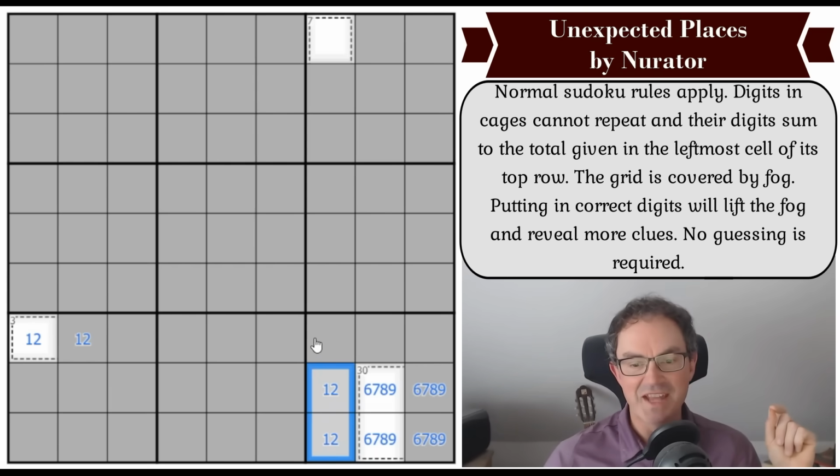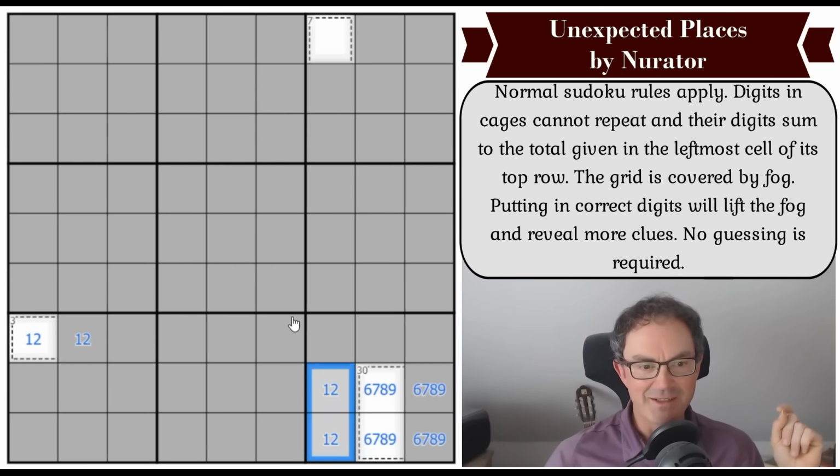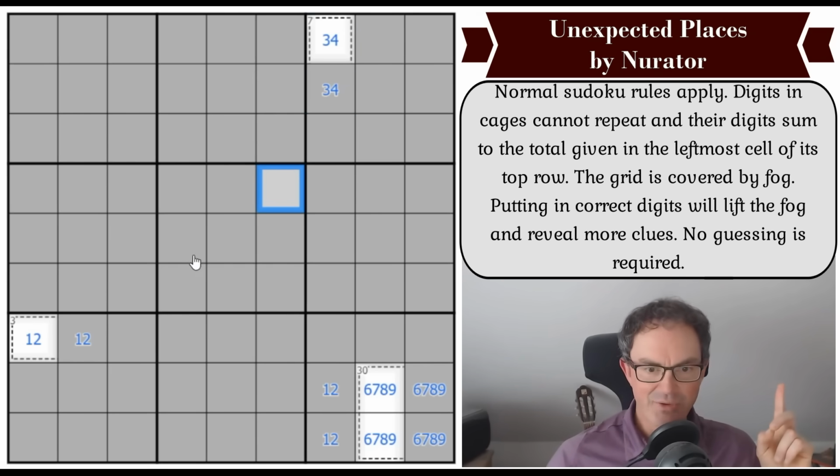I mean, Nurator, this is an outrage. I've literally only just started the puzzle, and I've already had to do Sudoku. But look, I can see what this is doing. Because now these 2 squares, what's the minimum we could put into these 2 squares if they can't be 1 or 2? Well, the minimum they could be is 3 and 4, which is what they must be to add up to 7. Now, the only slightly odd thing about this...